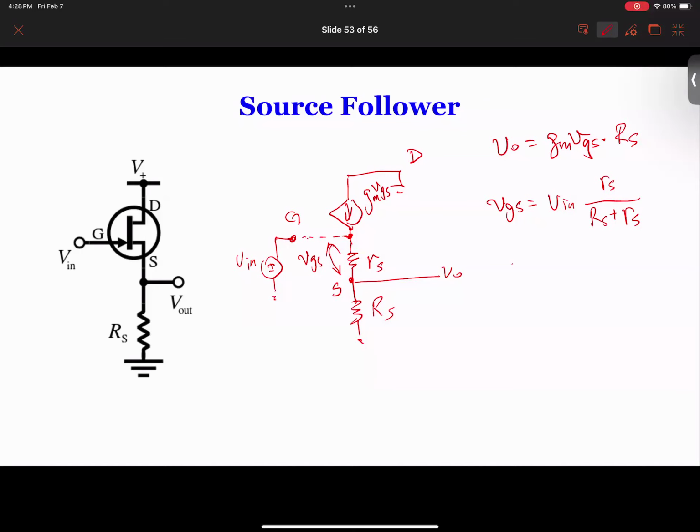And so plugging those two equations in, we'll find V_O equal to g_m times R_S times... okay, so A_V equals V_O divided by V_in equals,